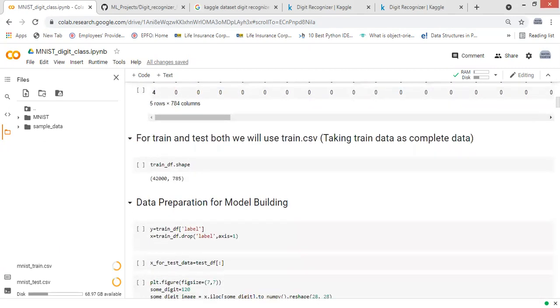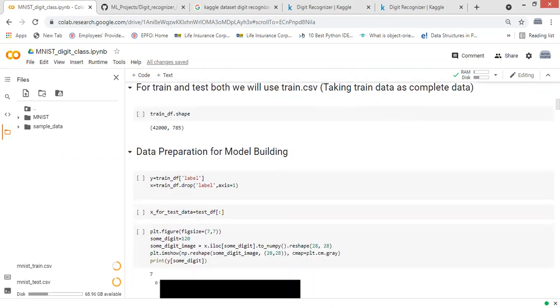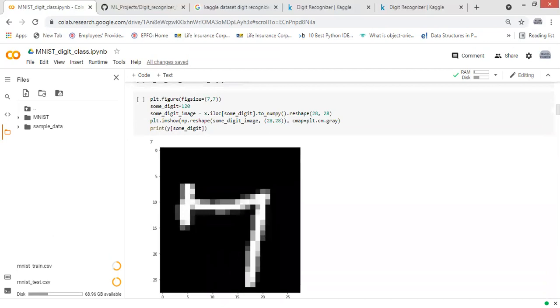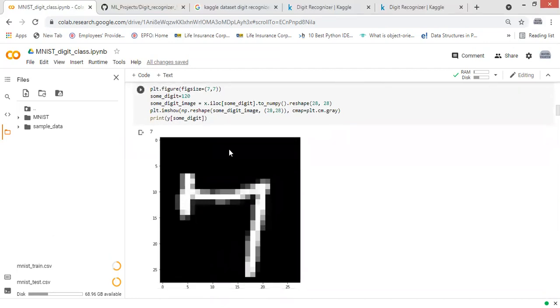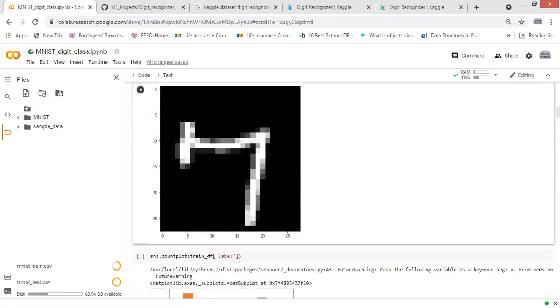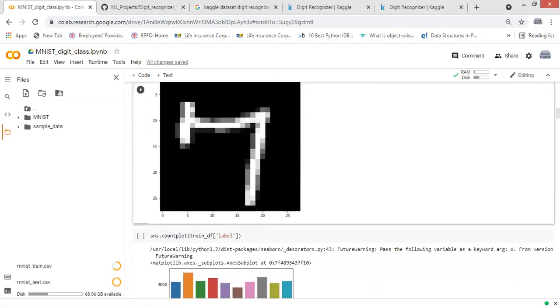For training and testing purposes, I have used the train dataset, which is of 42,000 by 787 shape. I have checked the various numbers present in this dataset, and for row 120 I got the number 7.